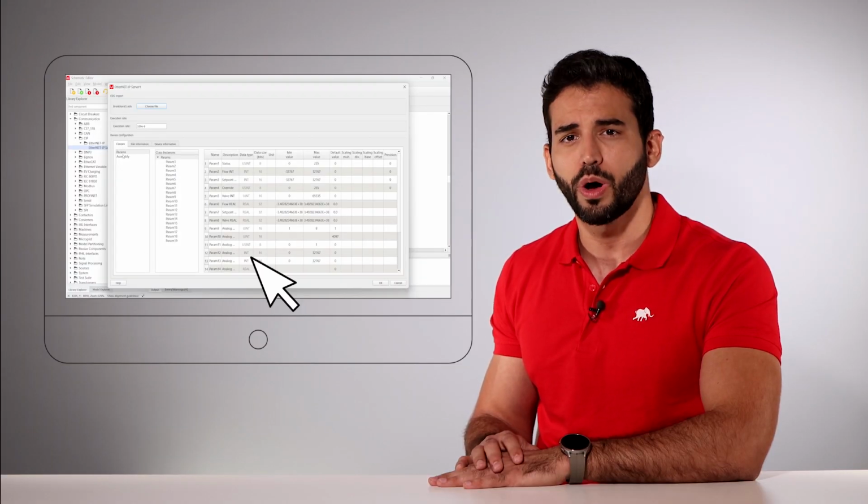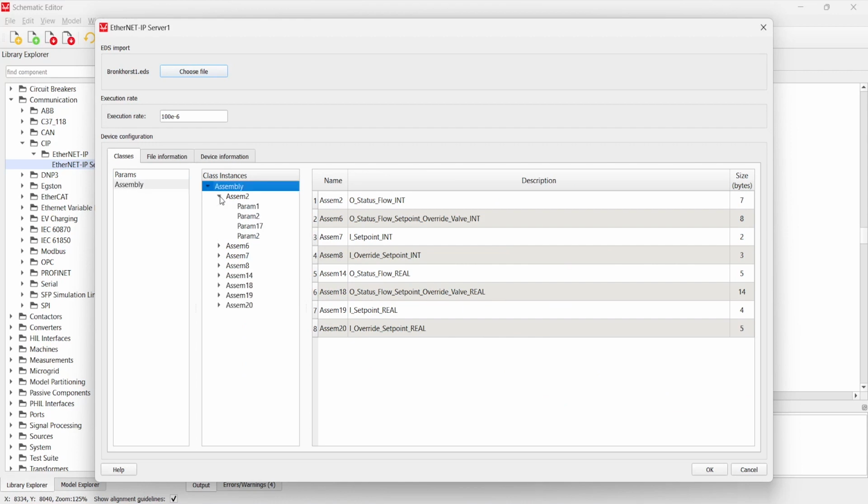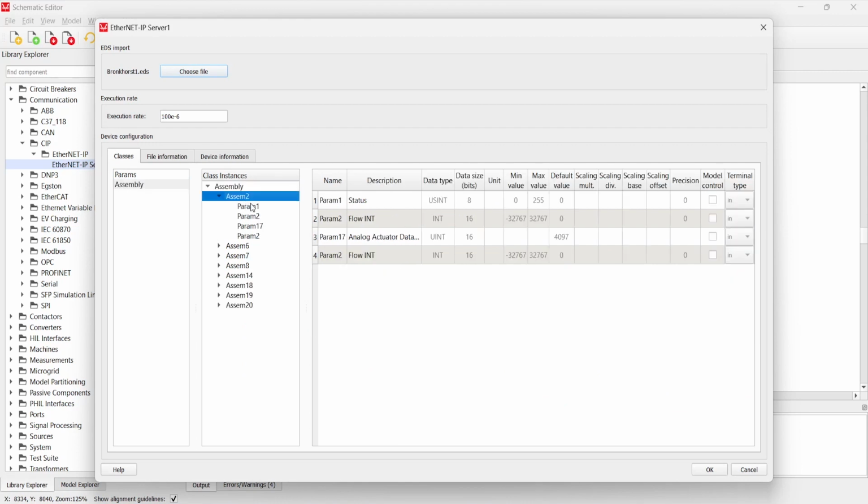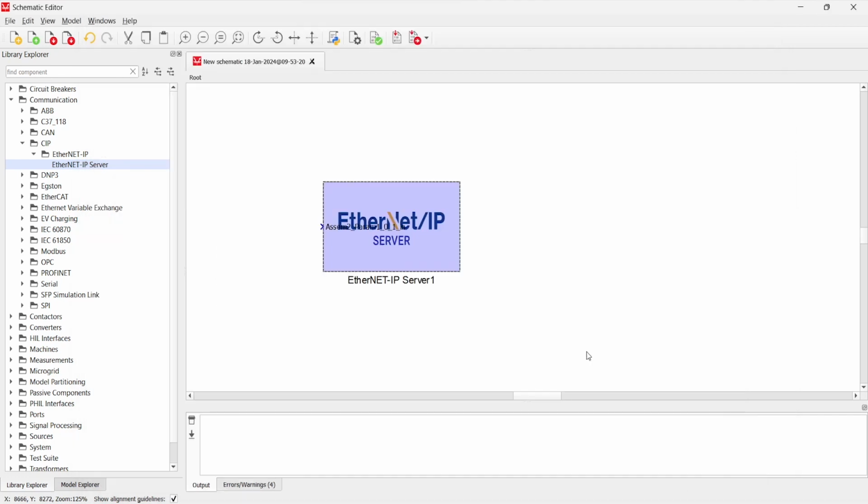The Model Control column defines if the value for a specific object will be controlled using the signal from the model. If this field is enabled, you can select the direction of this information exchange, and a terminal is created on the component that can be used to connect any signal processing signal to that object.